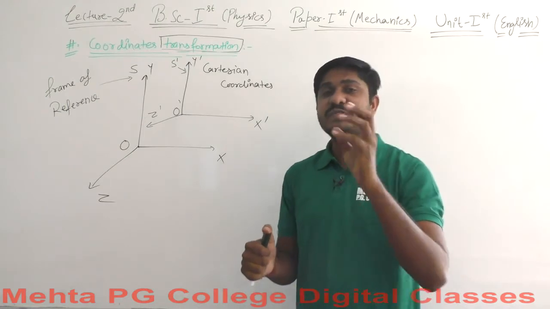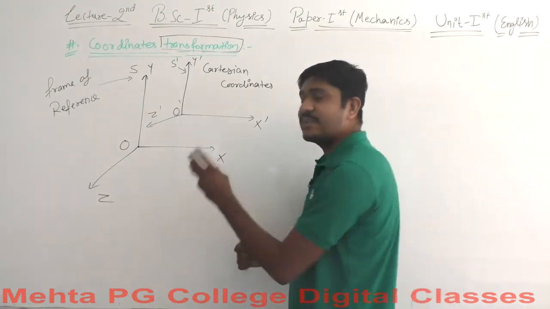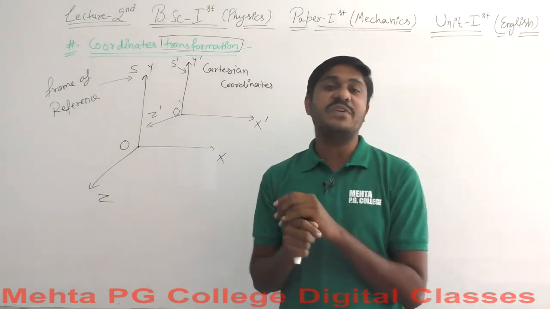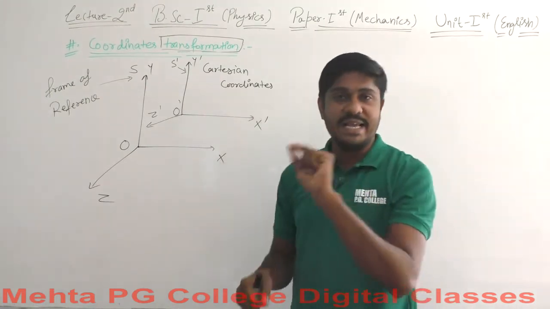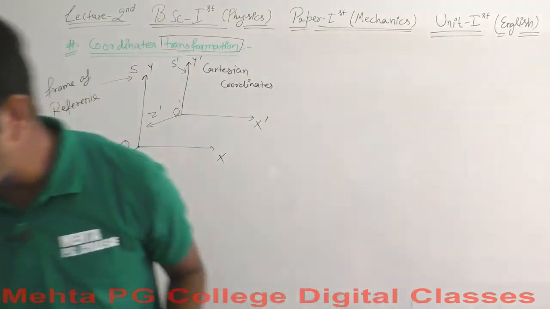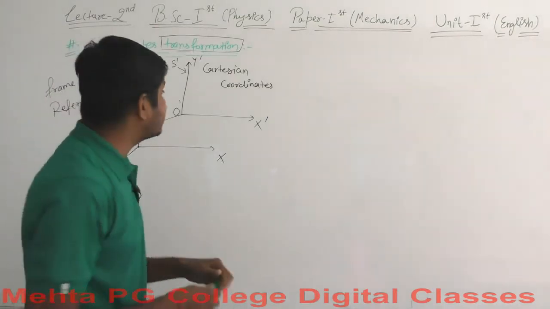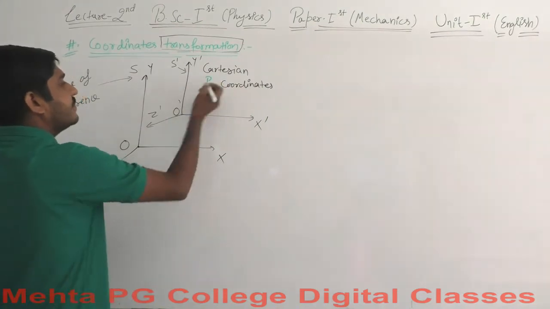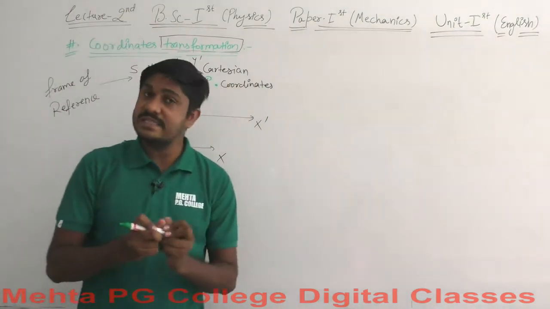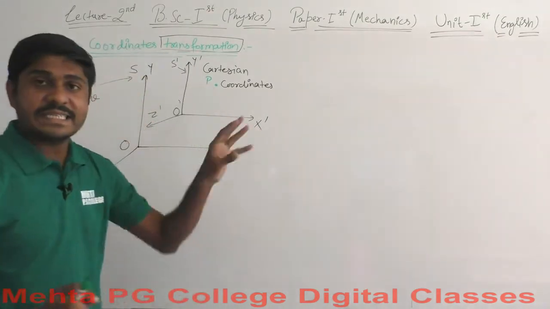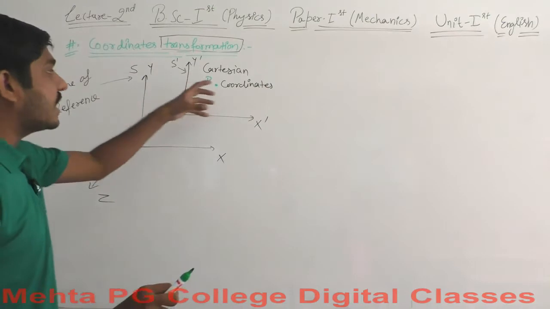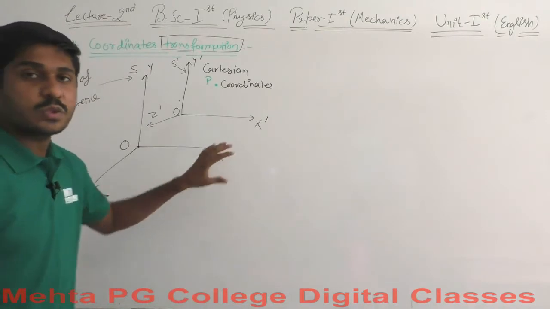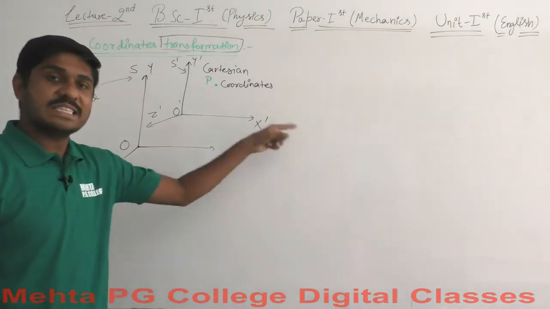We have two frames of reference here. The first one is the primary frame S, and the second one is the secondary frame of reference, denoted by the symbol S dash. Now we will go for a projection of some point. Let's say this is a point P which exists in free space. This point doesn't belong to either of these frames, but to free space. We are going to use both reference frames to express its position.